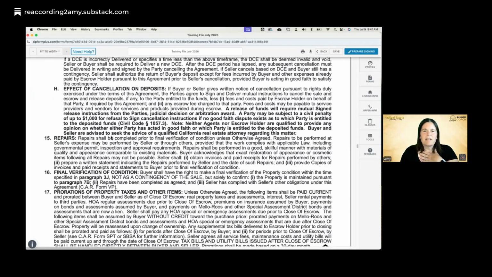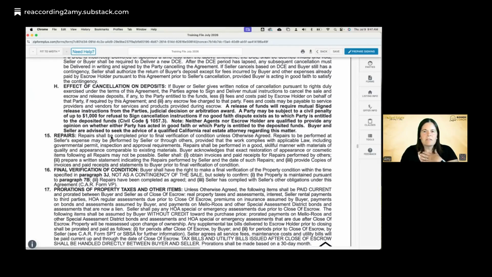If buyer or seller give written notice of cancellation pursuant to rights duly exercised under the terms of the agreement, the parties agree to sign and deliver mutual instructions to cancel the sale and escrow and release deposits, if any, to the party entitled to the funds, less fees and costs paid by escrow holder on behalf of that party, if required by this agreement, and any escrow fee charged to that party. Fees and costs may be payable to service providers and vendors for services and products provided during